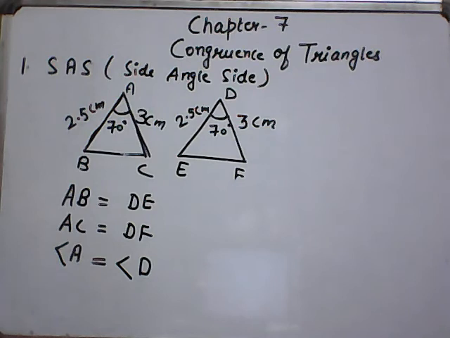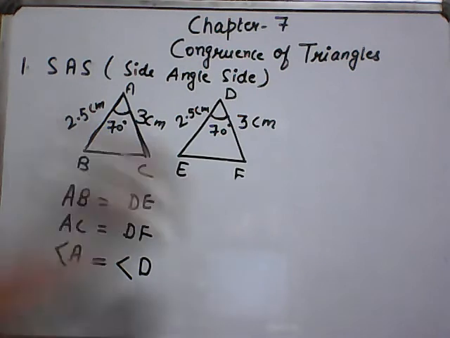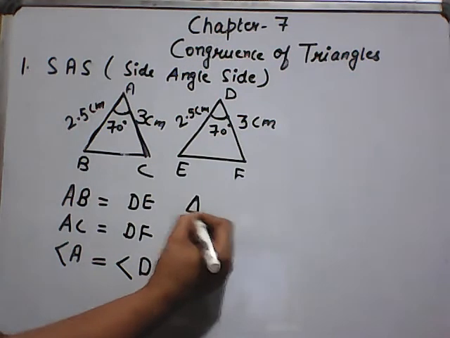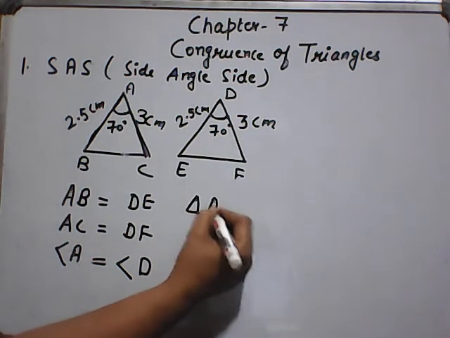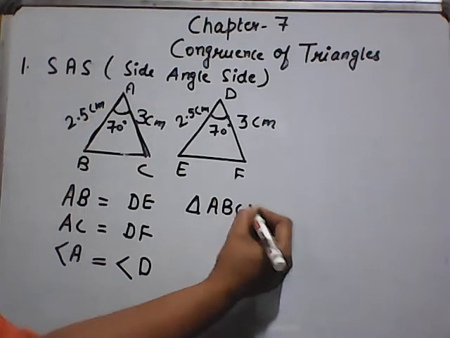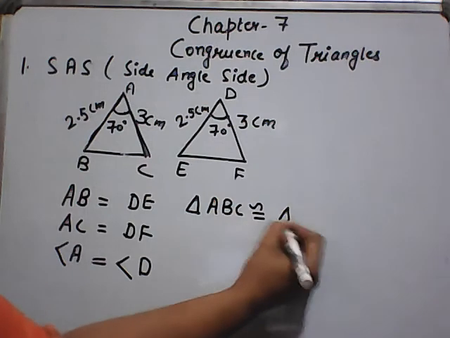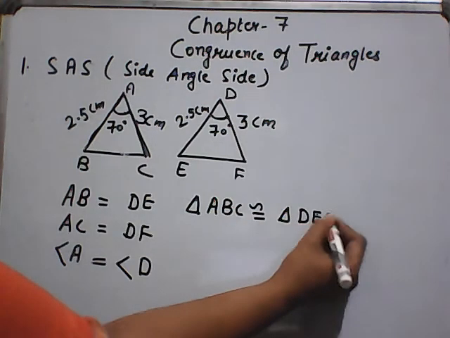So we can say these two triangles are congruent by using the SAS rule. Now we can write in symbolic form in this way. Triangle ABC is congruent to triangle DEF by using